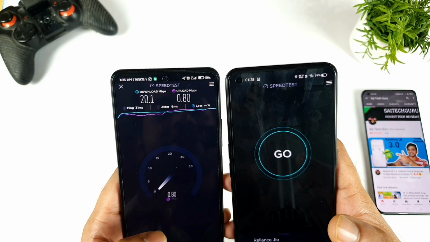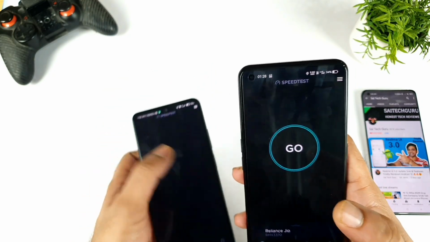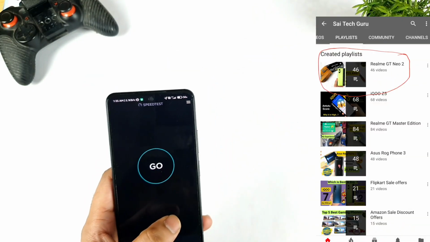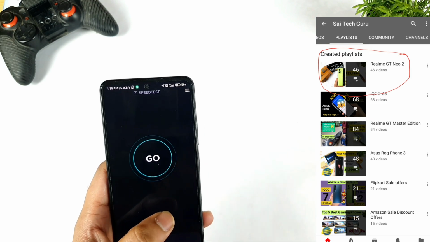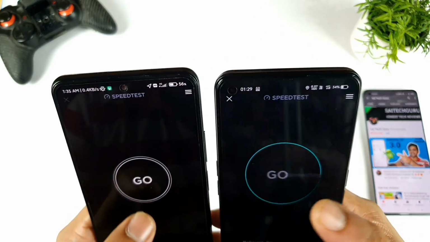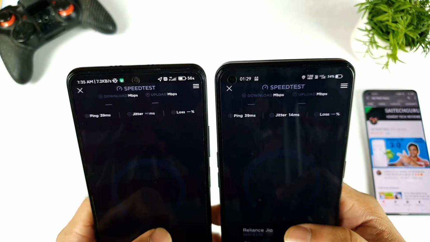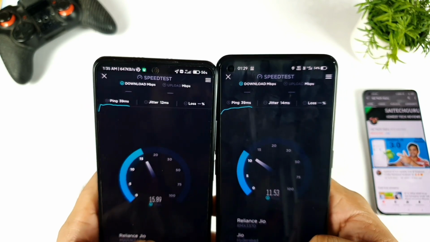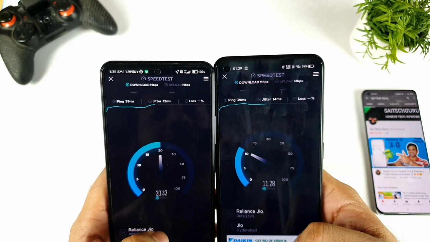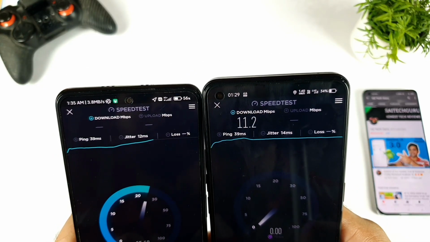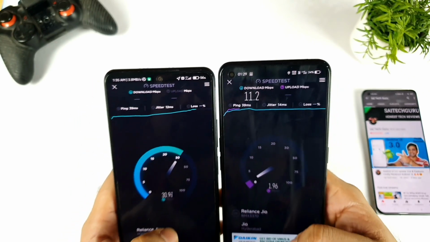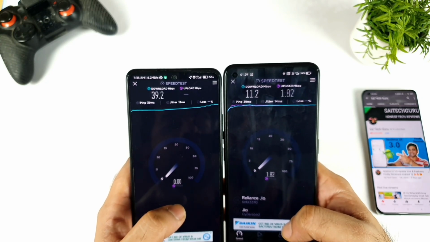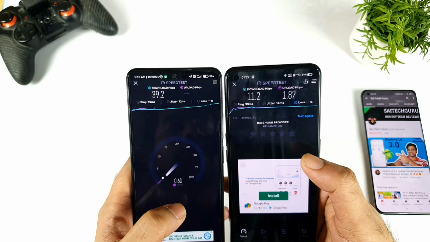Right now in the Mi 11X device I did get the 4G plus, and I'm trying to get the 4G plus in the Realme GT Neo 2 as well. I'm trying to move the phone here and there so that I can actually get the 4G plus speeds, but I'm not getting it at this point. But let me continue the test again at the same time. The second time also the speed was slightly higher in the Mi 11X device, a little bit, because the Mi 11X device got the 4G plus. Not bad, friends. Even the Mi 11X device can go up to high speeds, up to 40 Mbps. So when the phone has got any kind of 4G plus aggregation, even this phone can go.